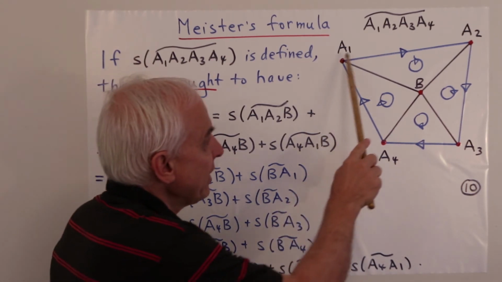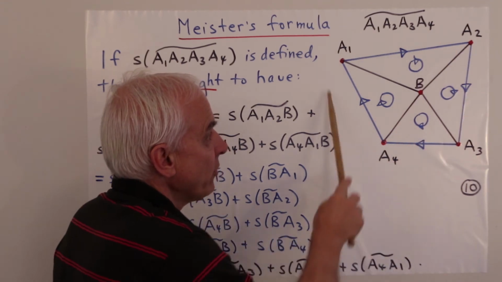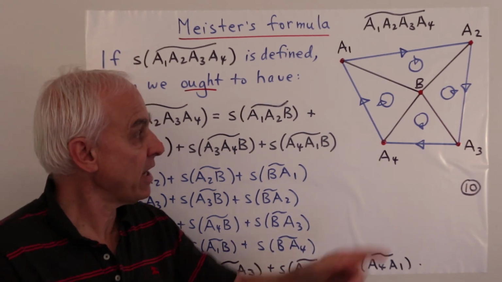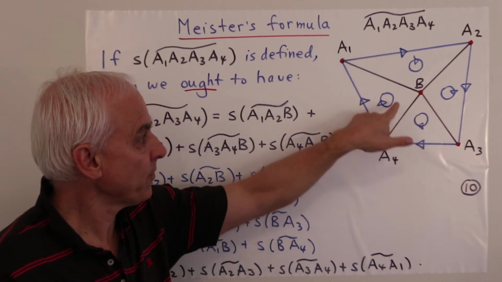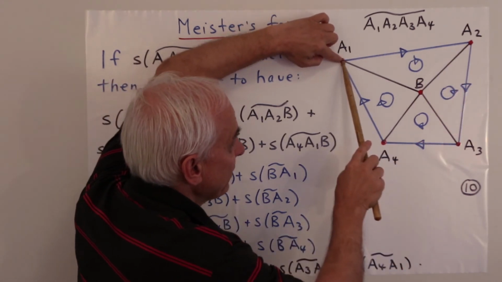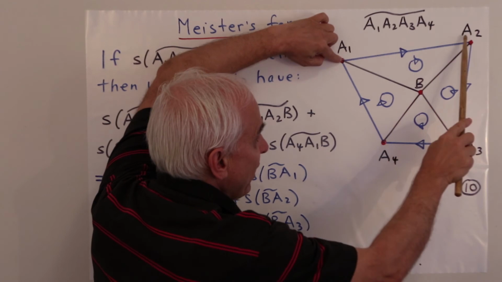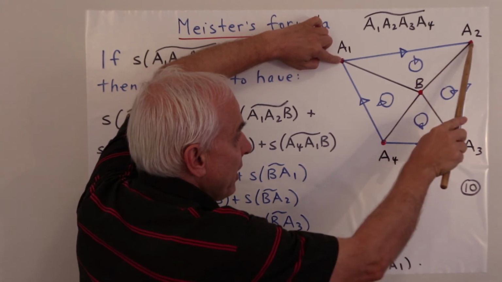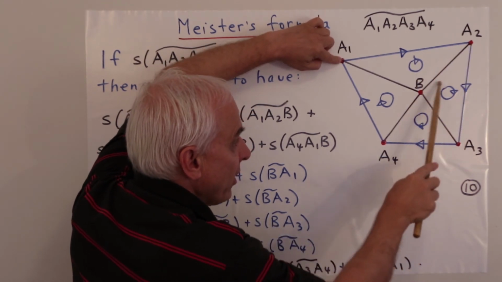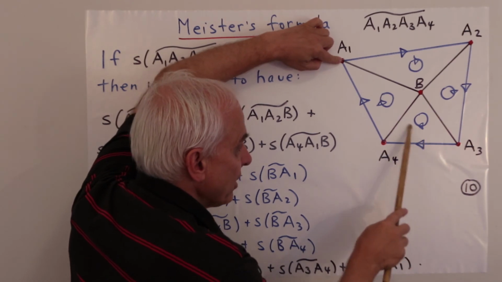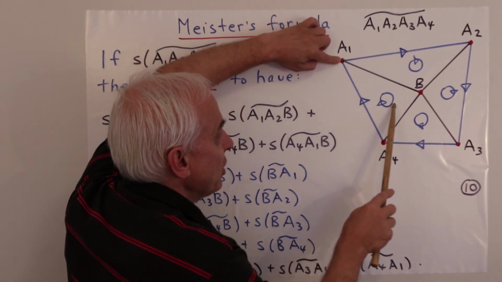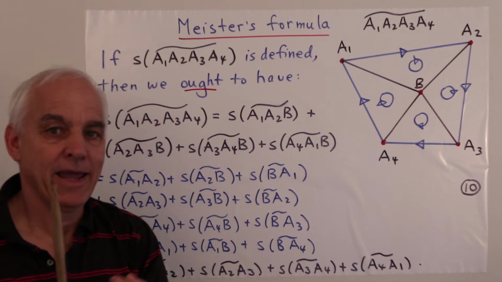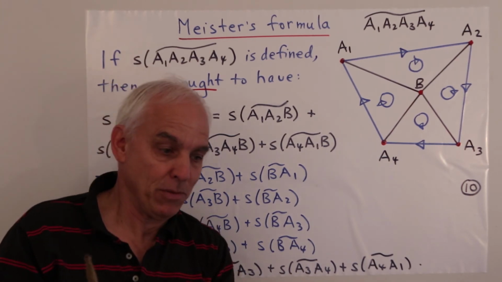triangles. And the orientation that we're assuming on the original quadrilateral, A1, A2, A3, A4, automatically induces orientations on each of these subtriangles. Okay? Because implicit in this orientation is the fact that this side is oriented this way. But if this side is oriented this way, then that's consistent with an orientation in this direction of this triangle. Similarly, the orientation of this side gives an orientation of this triangle like this. The orientation here gives us an orientation like this. And the orientation here gives us an orientation like this. So each of these subtriangles is actually an oriented triangle, which is good because then we can take its signed